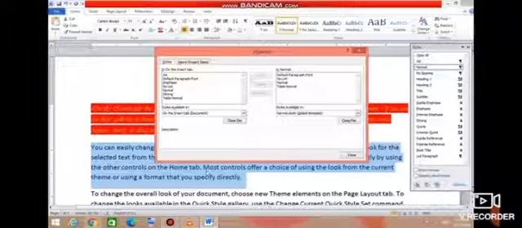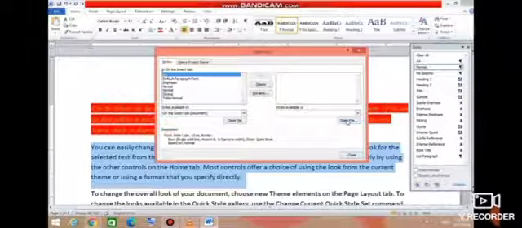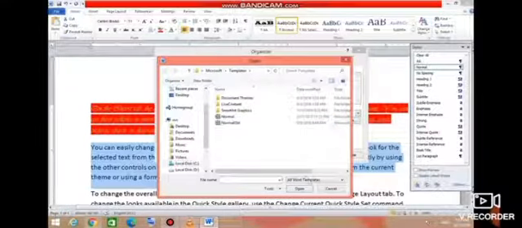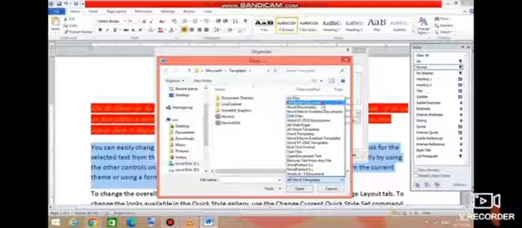Click on the close file button on the right side of the dialog box. As soon as we click this button, it changes to open file button. Yes. In the open dialog box, click on the down arrow of the all word templates box.